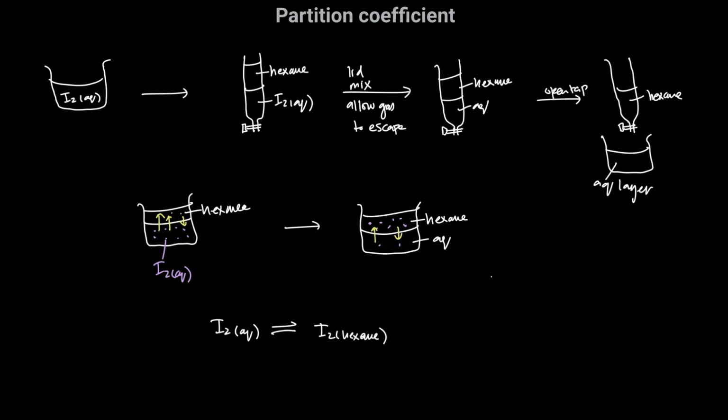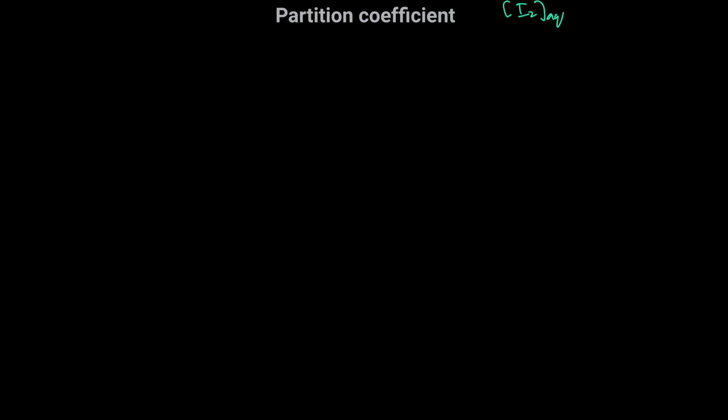into the aqueous layer. And the ratio of their concentrations at this point is known as the partition coefficient, okay? That is the ratio of the concentration of iodine in hexane to the concentration of iodine in the aqueous layer. So the partition coefficient can be defined as the following. Okay. The partition coefficient, okay,